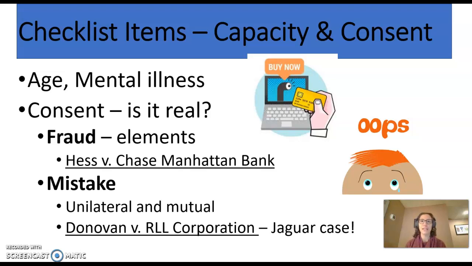Material misrepresentation. Here, the word material means significant or important. So we're talking about a misrepresentation, or in other words, a lie, about a concept that was important to the other party. So if the state of the transmission was important, or knowing if the car was in an accident before the sale was important, those are material to the contract, and therefore lies about them are material misrepresentations. And if somebody relies on that material misrepresentation as an incentive to enter into the contract, then that can be the basis for fraud.